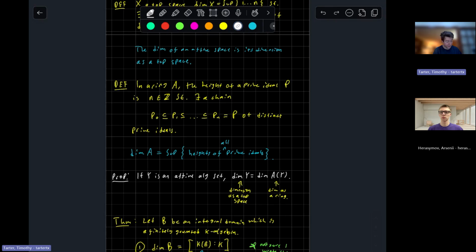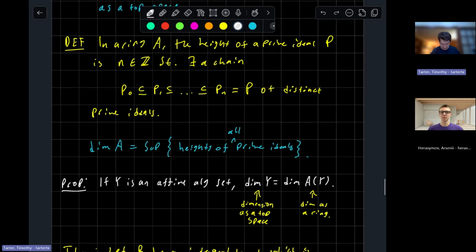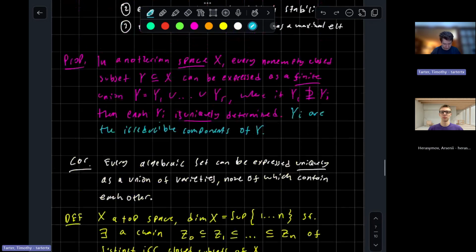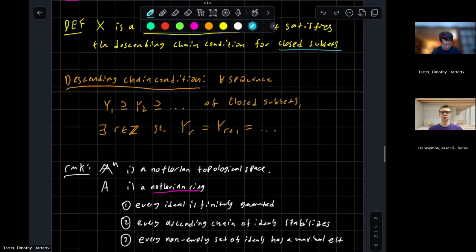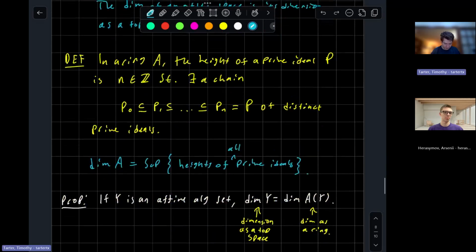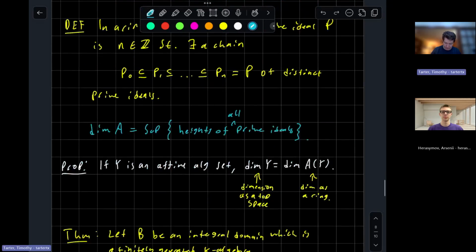It's going to be funny if I didn't. It's the affine coordinate ring. So, did I define affine coordinate ring? Okay. So A of Y, just for context,